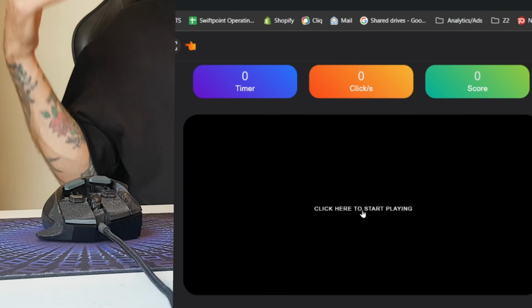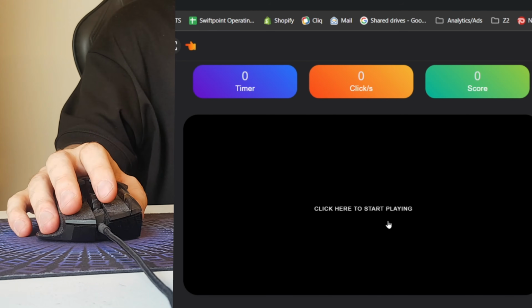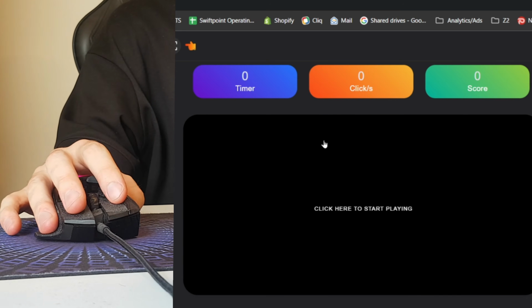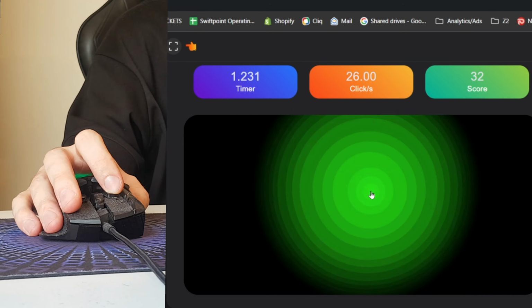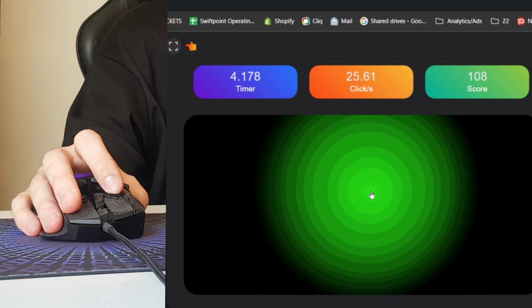Okay, so here we are inside of our cptest.org website. We've got it set up to a 5-second test to test out the auto clicker that we have created and saved on to the SwiftPoint Z2. So fingers crossed, all going well and we've set this up properly within the X1 control panel, our auto clicker should work, and this should tell us exactly how many clicks we are getting, and of course showcasing that it works. Okay, so without further ado, let's put our hand on our SwiftPoint Z2, and in the website that I'm using, cptest.org, it says click here to start playing. So we're going to press and hold our left fingertip button, and boom, there you go. You can see that it is now 100% working.